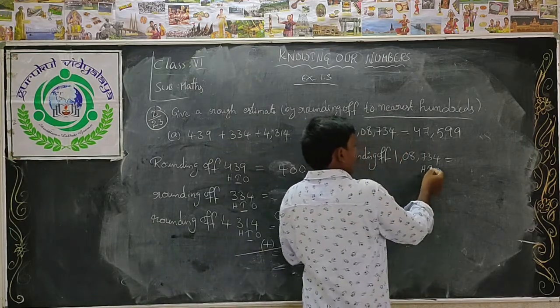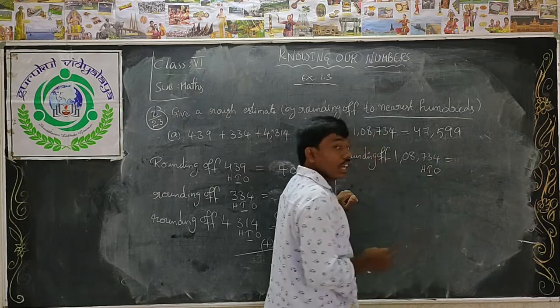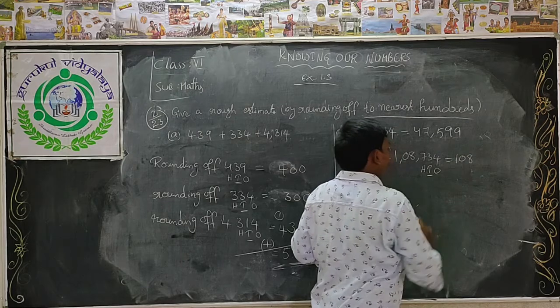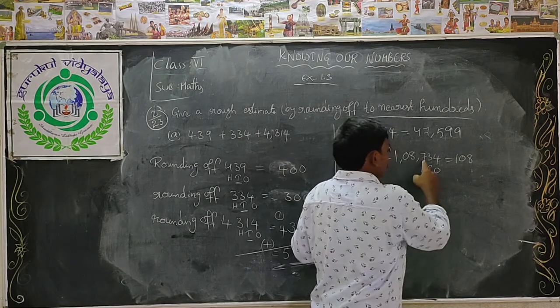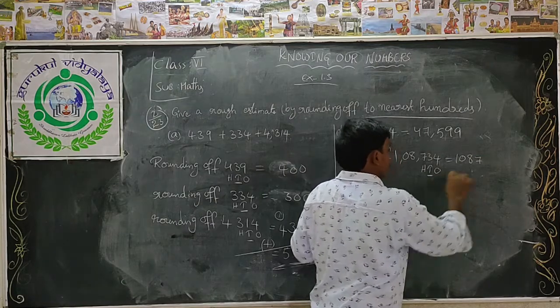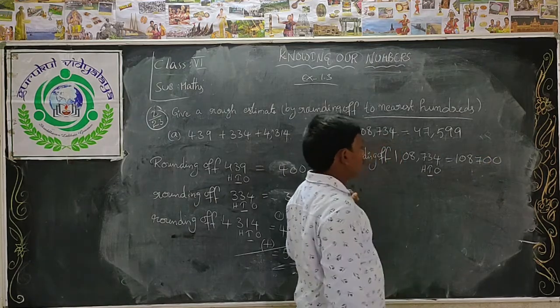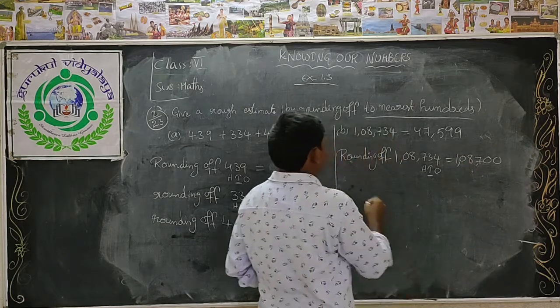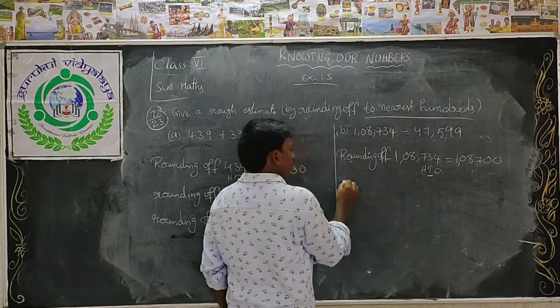Children, the tens place is 3. Is it less than 5? Yes, less than 5. The remaining, right, as this is 108. 7 will be as 7. No need to change. The remaining will be 0 0. Okay, children. Next one. Rounding off